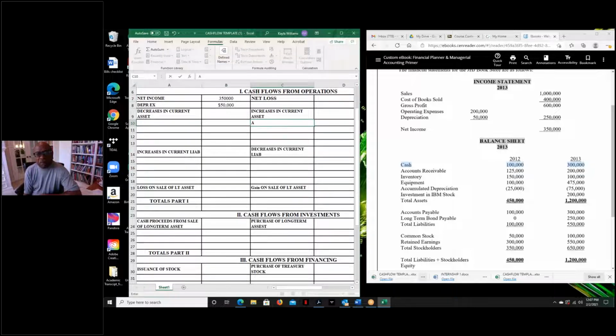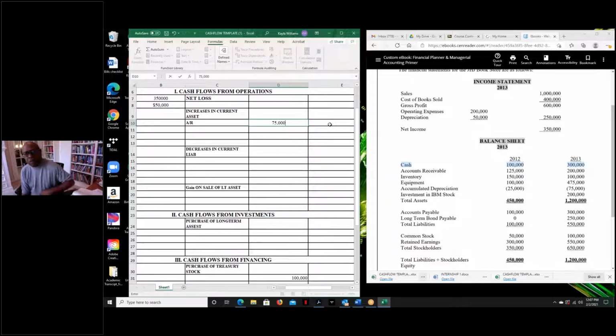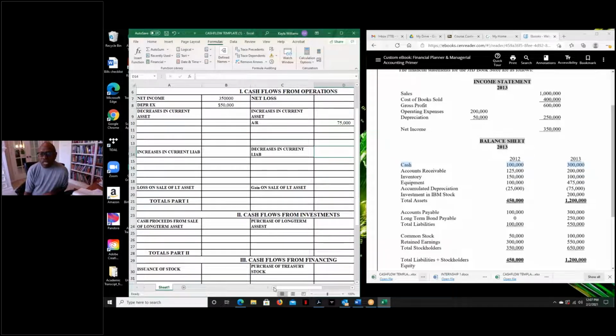Okay, and then put the amount. The change. That's why I say when you work these out, that's 75,000. Okay. What did inventory do? Inventory decreased. So what you gonna do there? I'm gonna put that on there too. I'm gonna put it in the left column. It's gonna be in the left because if the asset goes down,